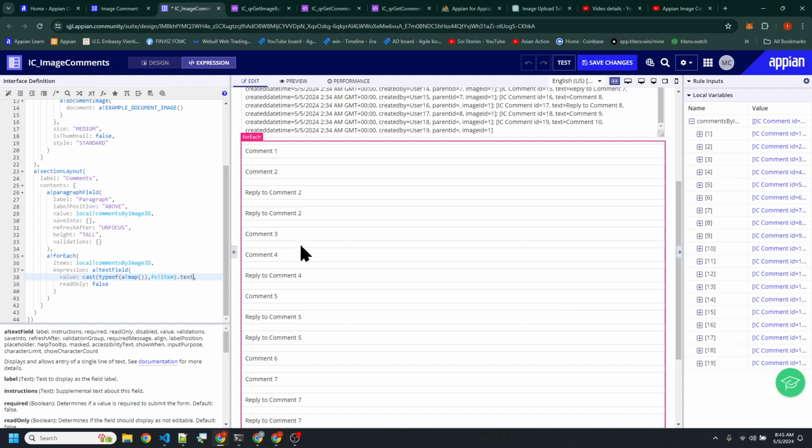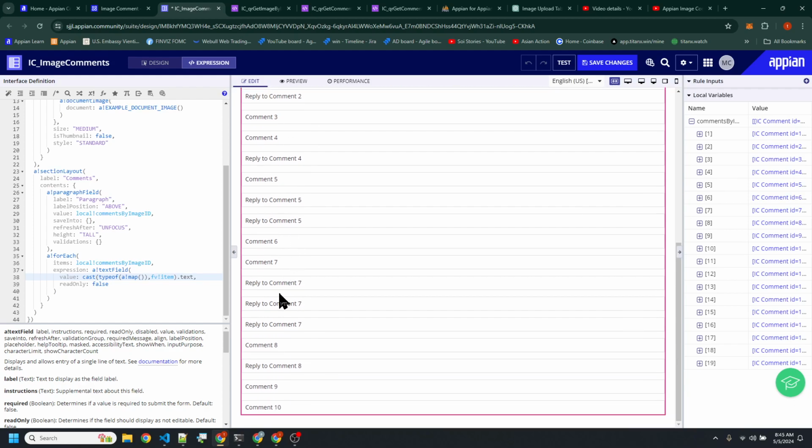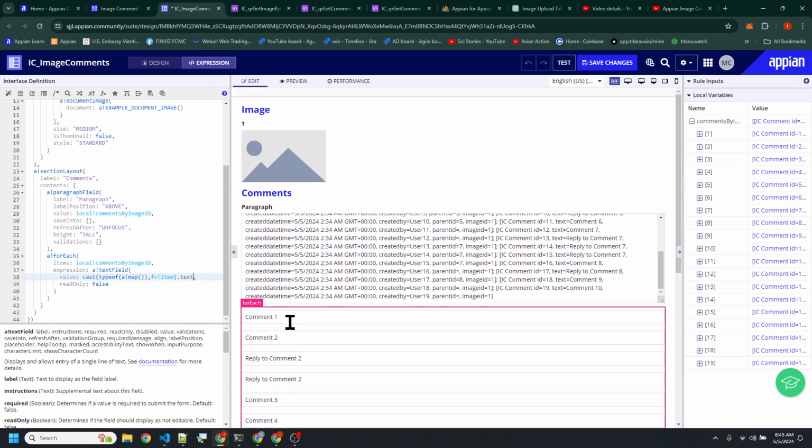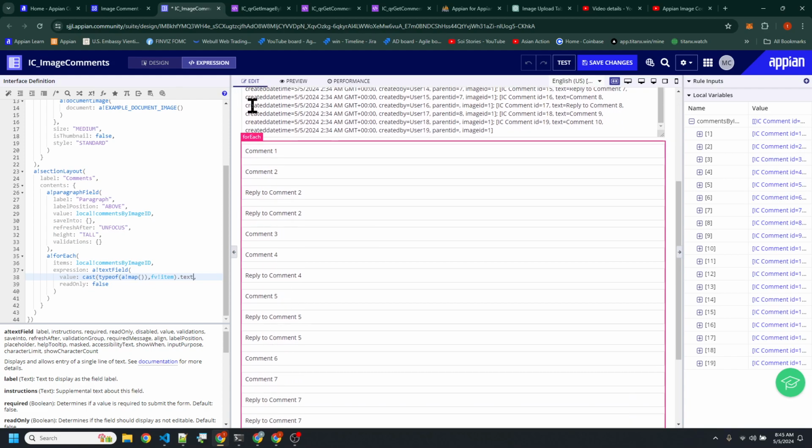Now we get the text, but this probably isn't what you want either. You probably want to have more information in here, right? And you probably want these to be read only, and for there to be a reply button underneath it, and you probably want an edit button. All this stuff, all the regular. If you go to Facebook or a different platform, you can kind of tell the commenting.